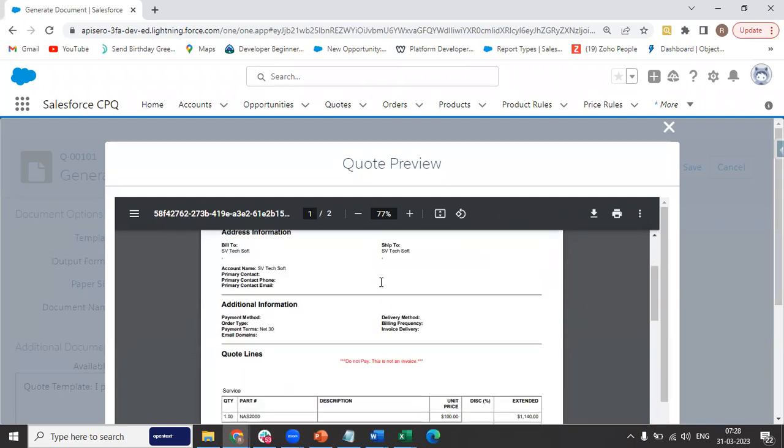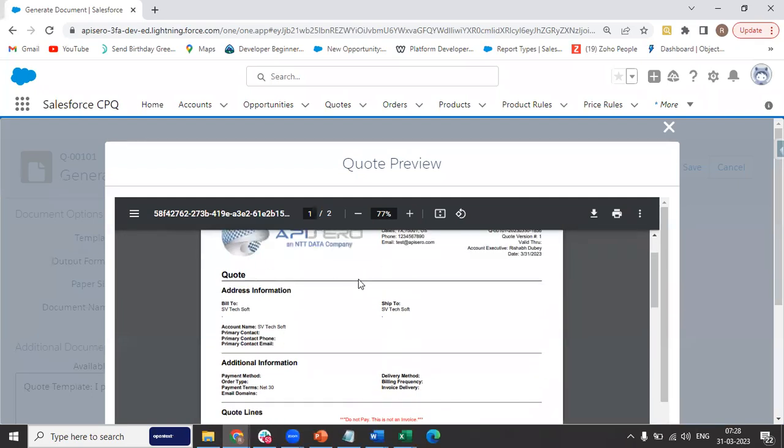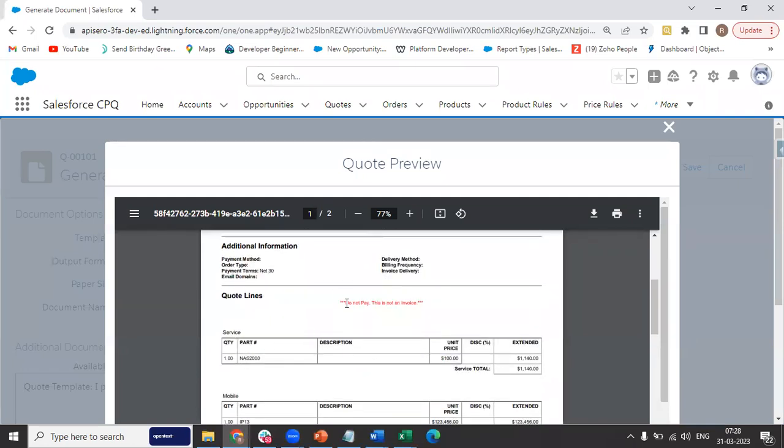So this is the document that we can generate automatically, and this document can be dynamic as well. Based on our current quote, all the information will be displayed on this particular document. Now imagine creating this document manually using a Word file or any other text editor. It will take a lot of time for a sales user to create this quote, and then managing this quote